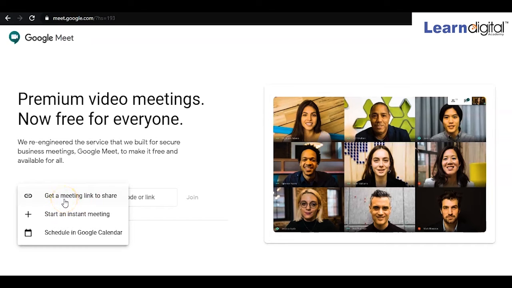The options will come up: get a meeting link to share, start an instant meeting, and schedule on Google Calendar as well. If you want to schedule your meetings, you can come and set the date and timing.